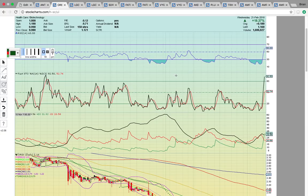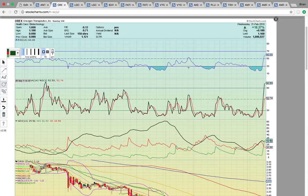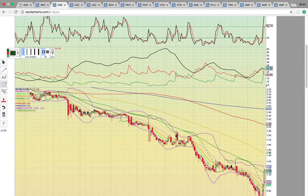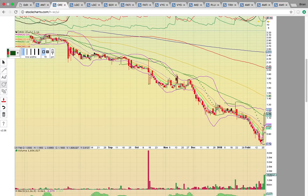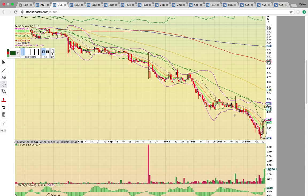Okay, let's look at OREX. Very nice move today. Very sweet follow through. Congrats to everybody that caught yesterday's video. RSI is at 60, so it still has some more room to run. Nice crossover on ADX. We posted the video yesterday on the bounce. It closed yesterday above EMAs 4, 8, and 13. EMA 4 had been major resistance. That's the pink line during the